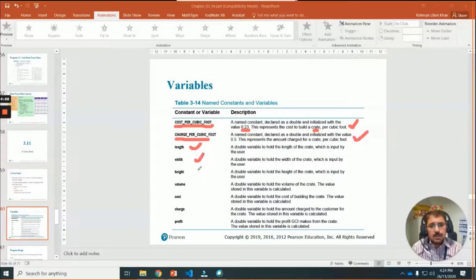You need the length, you need the width, you need the height, and then you can calculate volume, and then you can calculate cost, because once you have volume and you have the cost per cubic meter, you can easily find the cost. I will show you how to do this. Okay, and after that, the charges, that the total cost comes how much. For example, the customer price, by how much they are selling, and then the selling price and the profit. So the selling price minus the cost price will be the profit.